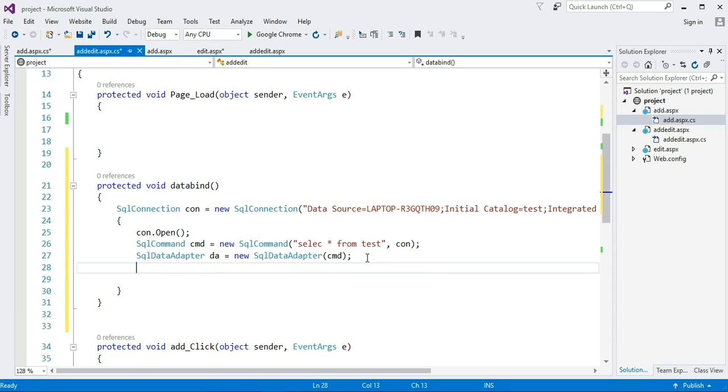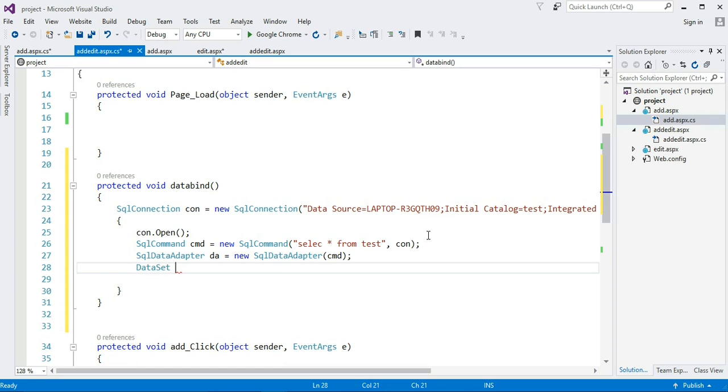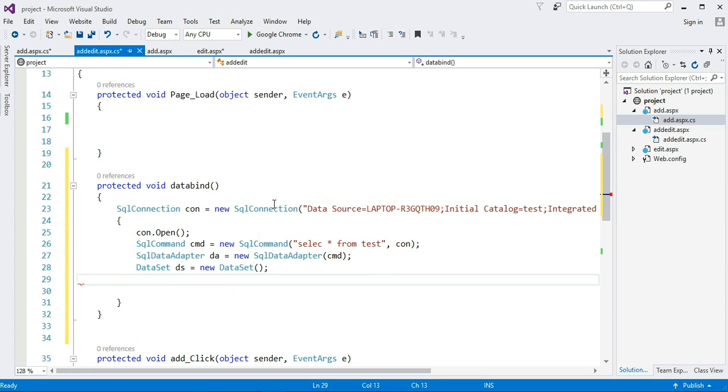After the data adapter, I want to set the data to our drop down list. For that I am taking a data set. Now I want to fill that data adapter into the data set.